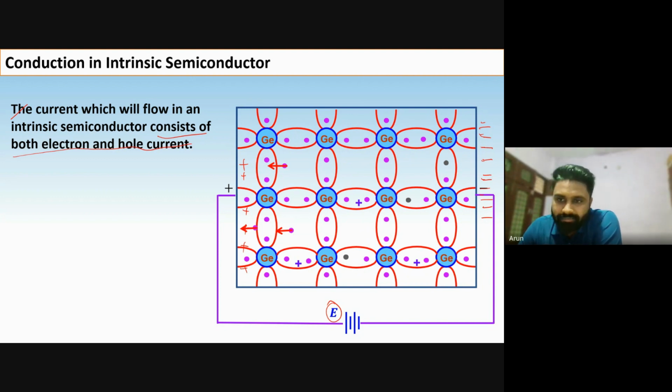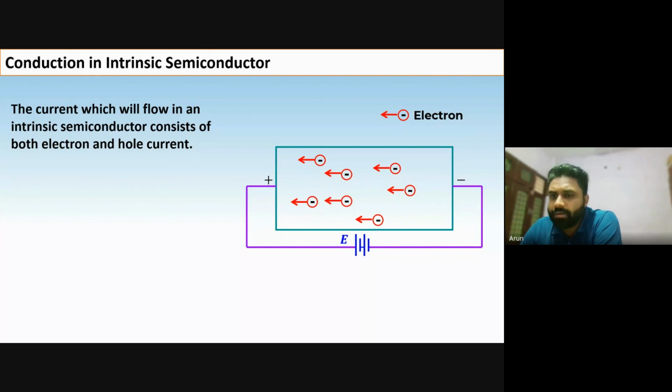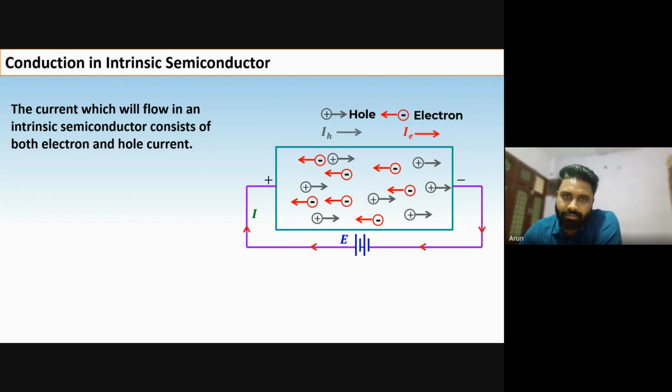When an electron moves, current will flow in the opposite direction to the flow of electrons. And the hole is also moving, which is considered to be a positive charge, so current will be in the direction of positive charge. So there are two currents in the semiconductor: current produced by electrons and current produced by holes. This consists of the total current in the semiconductor. This current I is provided by this battery, so we can say that this current I is equal to IE plus IH. Got it?